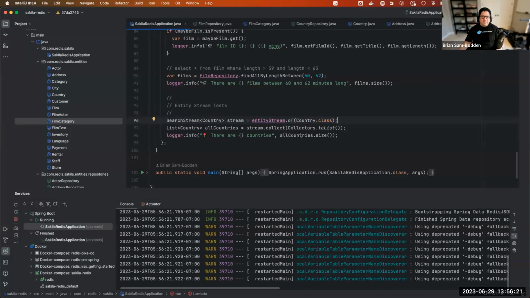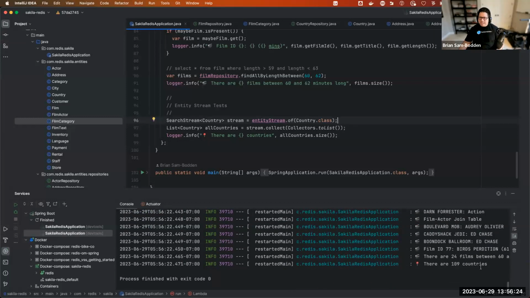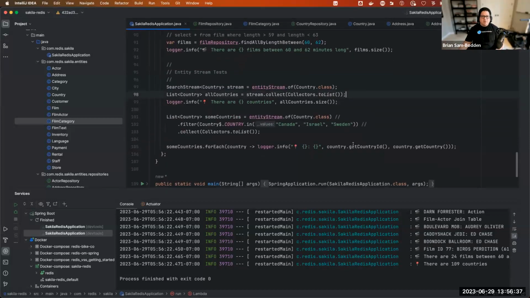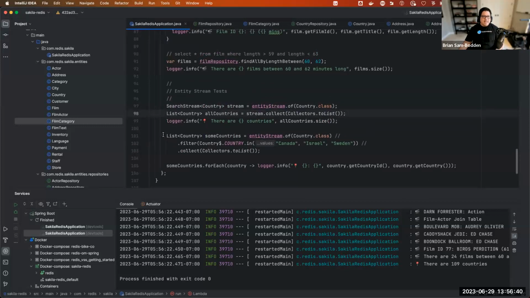This should give us a count of all countries. Notice that there are 109 countries. Great, but how can you do the more complex things that entity stream is meant to satisfy? In here, I'm going to do another example where I introduce a concept called the meta model. Again, I have the same definition, but this time the return value is going to be named some countries. In some countries, I'm creating an entity stream of Country, and I'm going to filter that stream by using this meta model object, which provides constants that allow you to do specific operations against the indexed and non-indexed fields